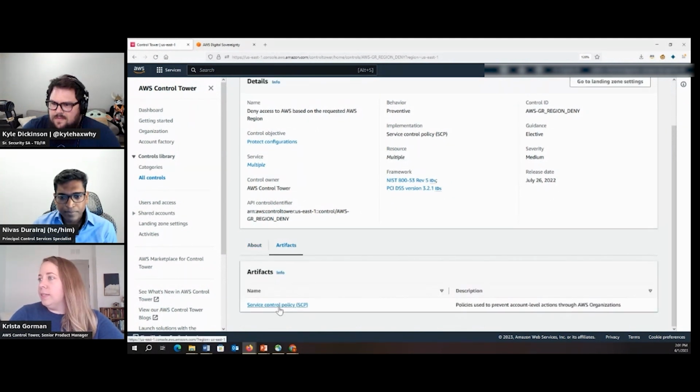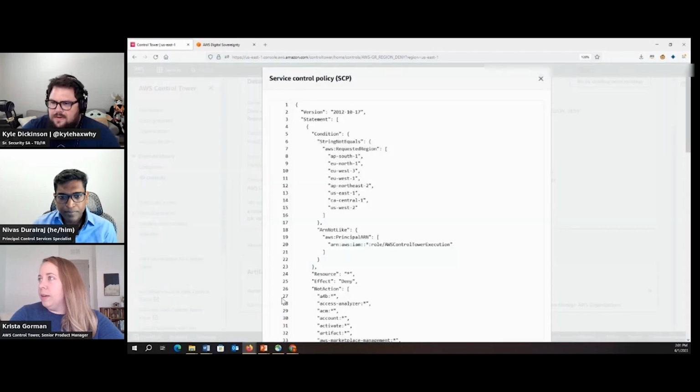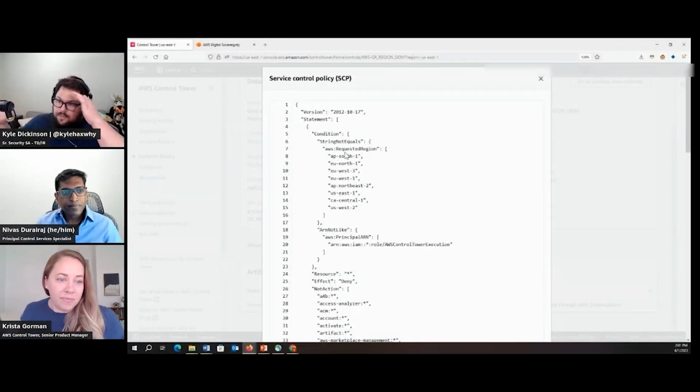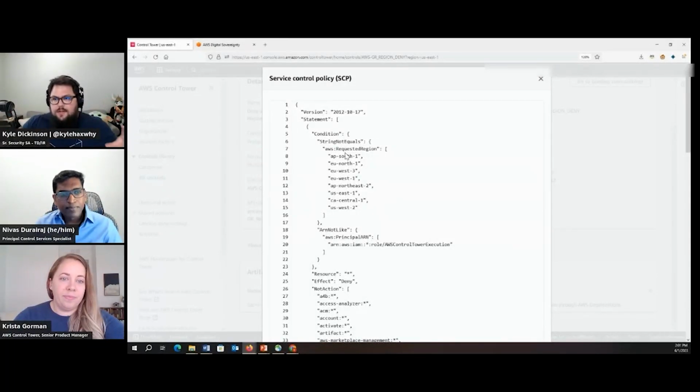And the specific artifact here, this SCP. The regions that are applied are directly which you choose to govern and which you choose to deny. So a governed region within Control Tower is one where Control Tower allows you to operate and helps orchestrate those different services on your behalf. See, that's huge, because especially if you're looking at also controlling where resources are deployed, not just data, but where actual resources can land. You're able to control: these are our approved regions to use for our production environment. So that's really cool.